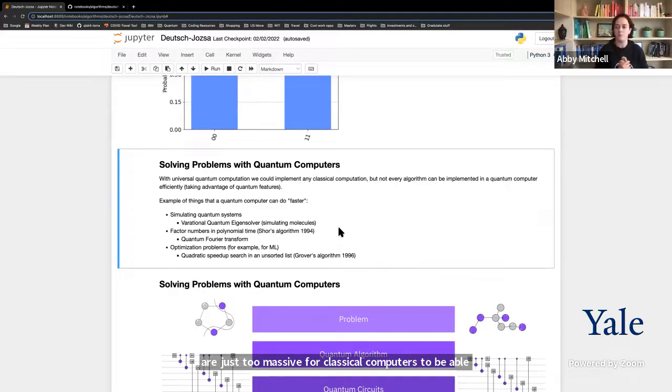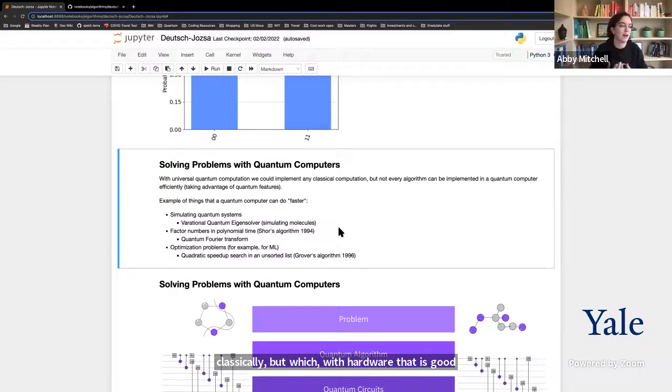One quantum algorithm that can do this kind of thing much more efficiently is the variational quantum eigensolver, which is used for simulating molecules. There are also other areas of mathematics that could benefit from a quantum speedup. One example is that quantum computers are known to be able to factor numbers in polynomial time. This comes under Shor's algorithm, published in 1994, which uses an algorithm called the quantum Fourier transform. This is very difficult to do classically, but with good enough hardware,